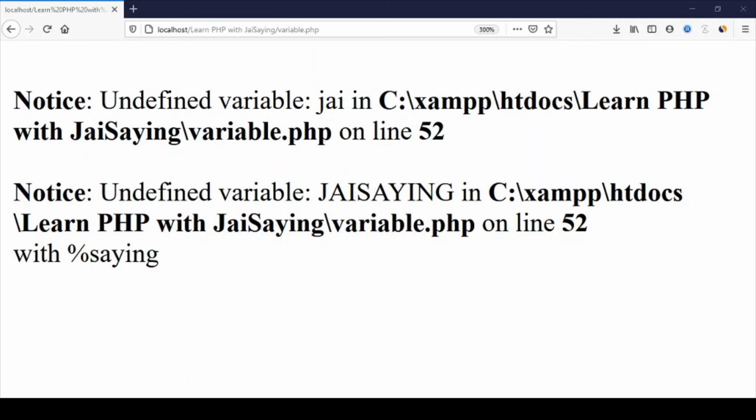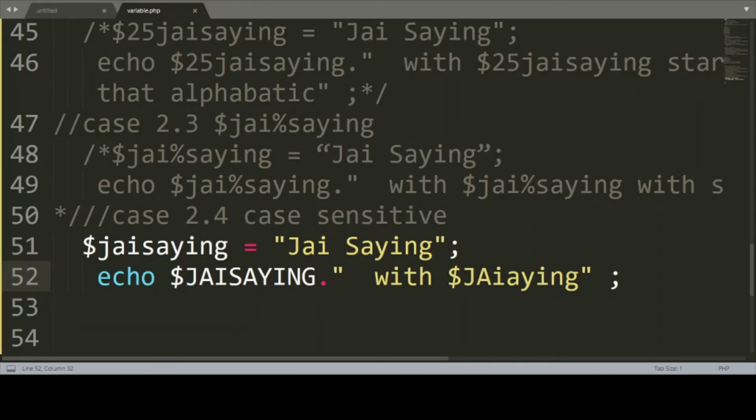At line number 52, I have written Jai Singh in capital letter. So in case of a capital letter also, you cannot execute this file. Okay, so this is the case sensitive.